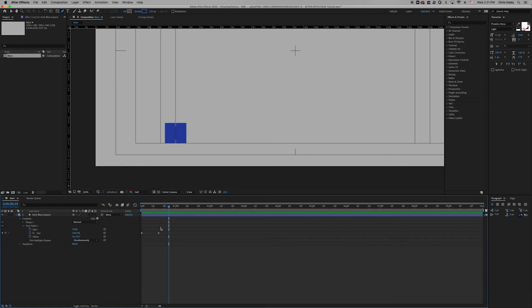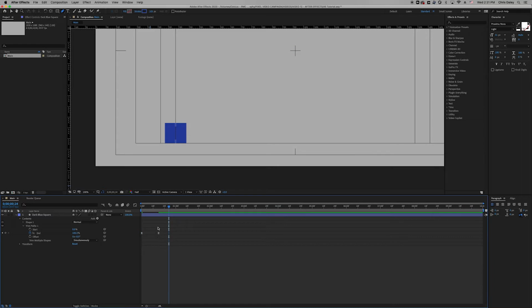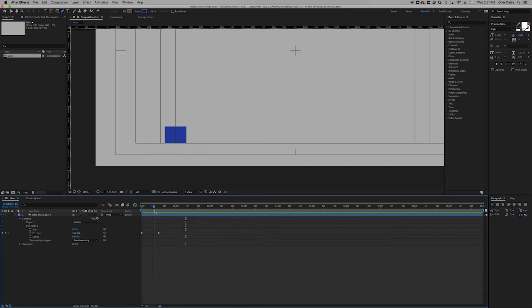So what we want to do is highlight both keyframes, right-click on it, and then go to Easy Ease. What Easy Ease does is it smooths out the animation. So it's a little bit more smooth. Now this looks a little bit better, but I think there's one more tweak we can make to make it even that much better. So I'm going to click on my last keyframe here,